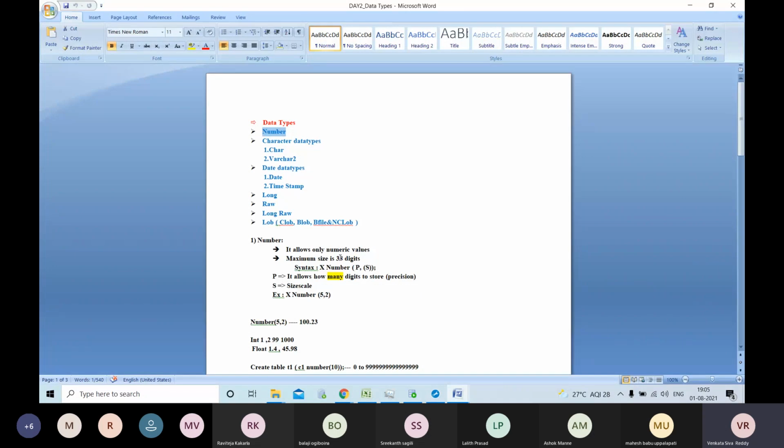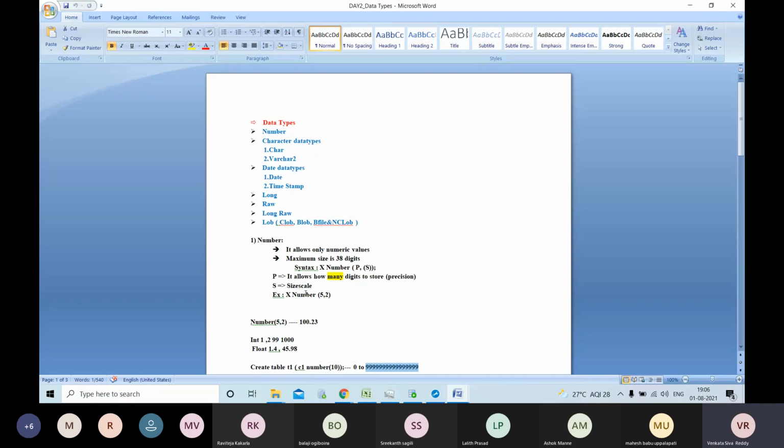Earlier it allowed only up to 38 nines. Now it is 54 or so, increased after 19C. So see, this is the number data type syntax.